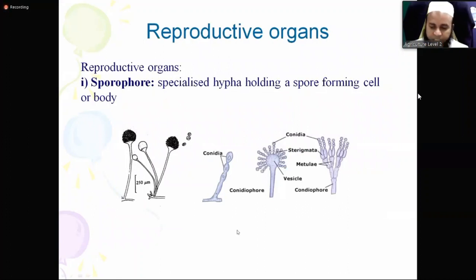So today we discuss the reproductive organs. Actually, I will discuss reproduction, but before reproduction, it is important to discuss the reproductive organs. It is not so difficult, and if you study the reproductive organs, it will make it easy to study reproduction. Very easy if you concentrate. If you are not in the class, you will find it very tough.